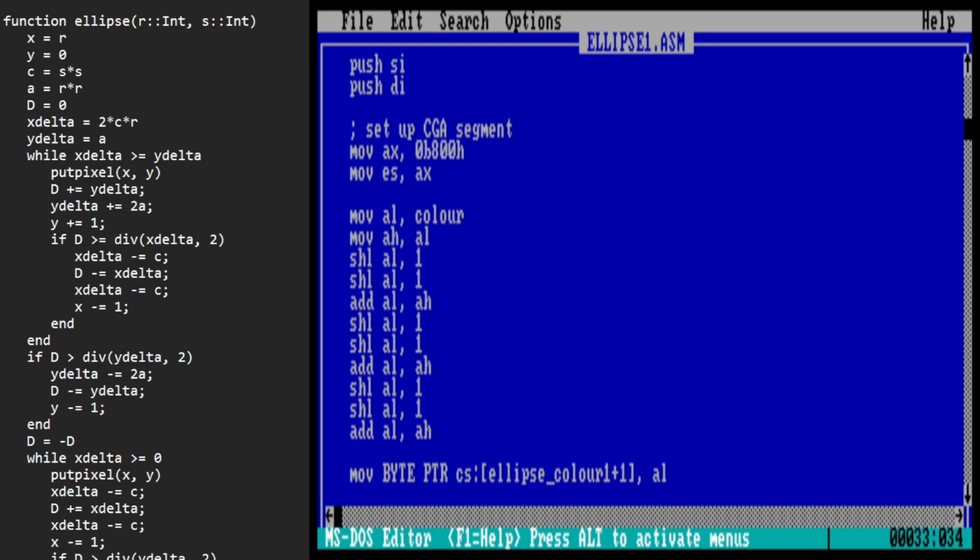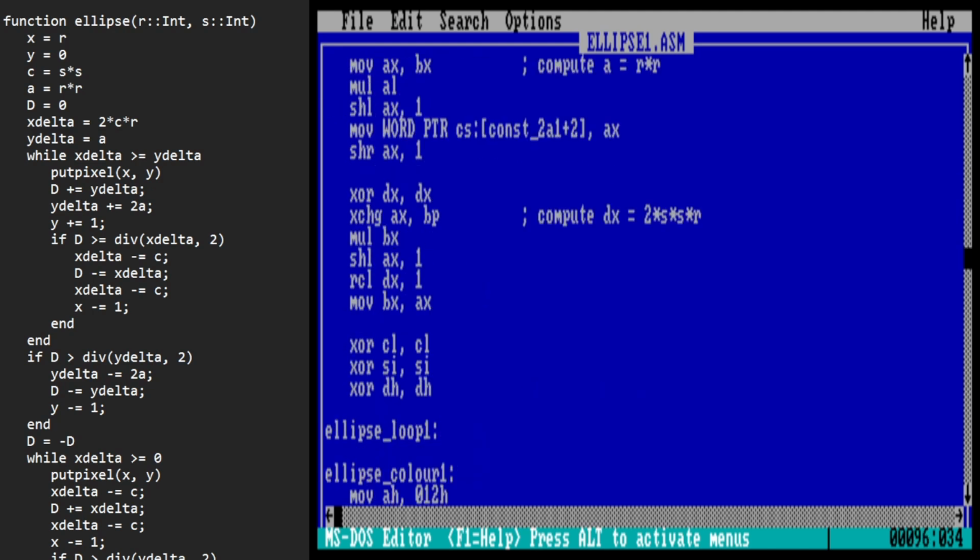So let's go down and have a look at what this looks like. So ellipse color 1, here's the label here. It's labeling this instruction, and this is the 8-bit value that I'm loading into AH. And so I just overwrite this constant value here, which occurs 1 byte after the start of this instruction. And then instead of using this random value 012 that I put in to keep the assembler happy, it'll use the value that I overrode it with every time this code is run. So that's the self-modifying code trick, and you can use it anywhere on the 8088 and 8086,